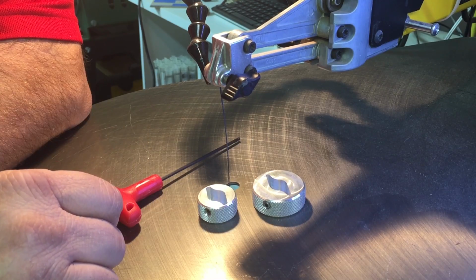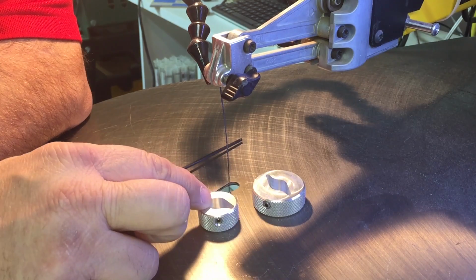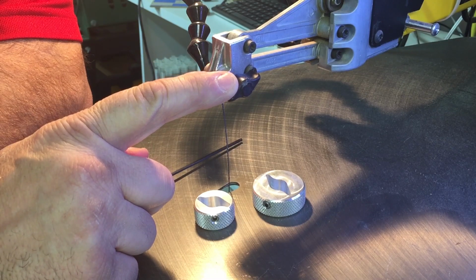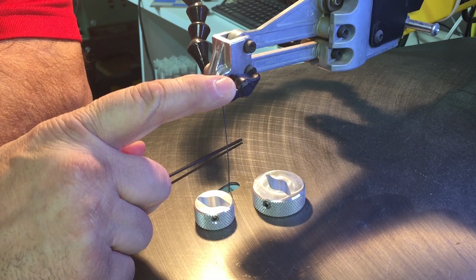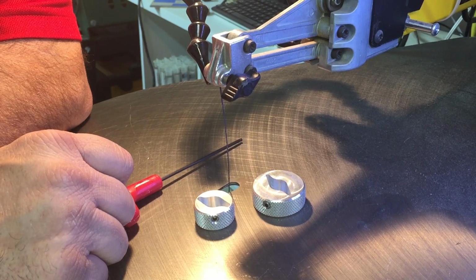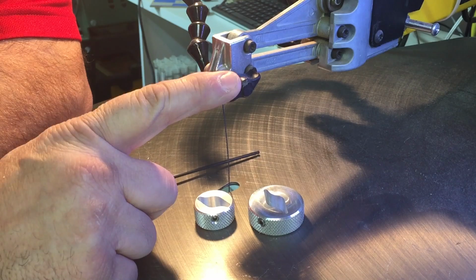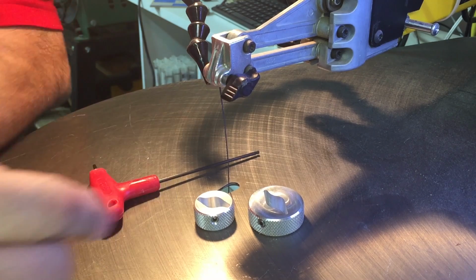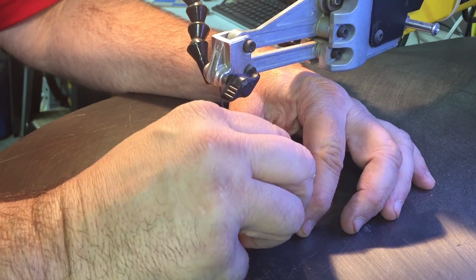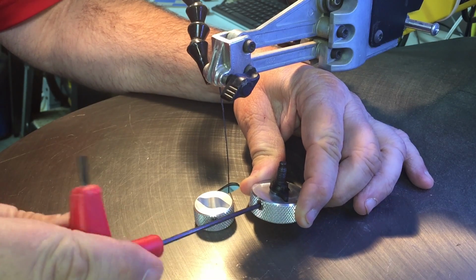What you see on the table here are a set of aluminum milled knurled knobs that you can use to slide over the existing thumb screw on the DeWalt scroll saw, and it has a little set screw that holds it in place. And these knobs are much more comfortable to use than the original thumb screw. And all you have to do is take the thumb screw that comes with your machine, slide it down into there, then you use the appropriate sized Allen wrench